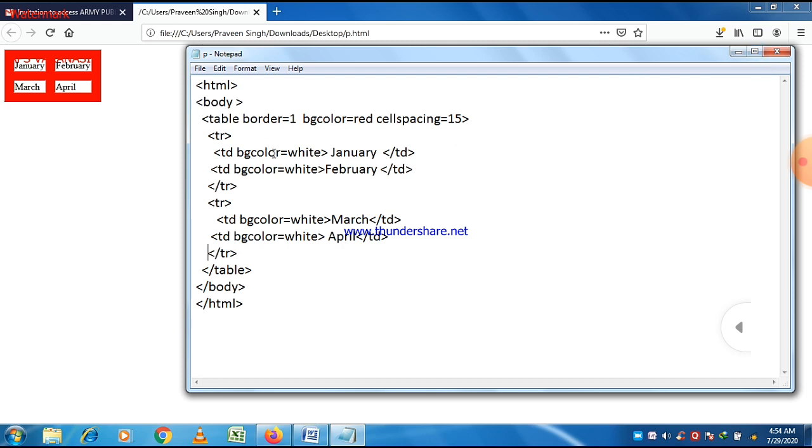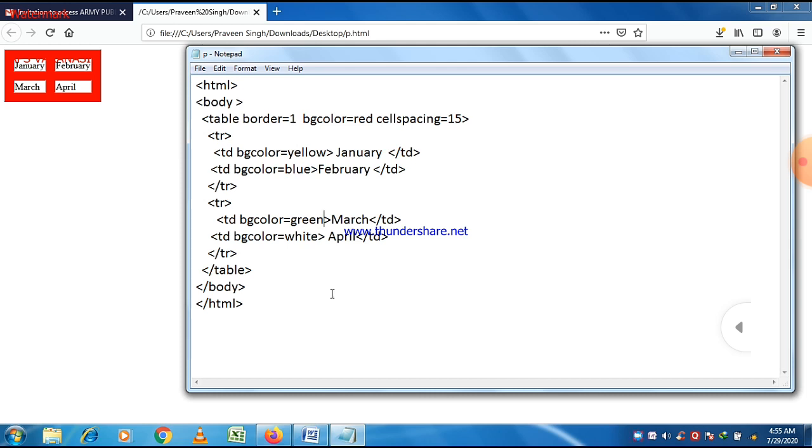So let us do some change here. It will give a clear idea. Let us change the color of different cells here. I give a color named yellow, and blue, and then the third cell I'll give green, and the fourth remains the same, white.